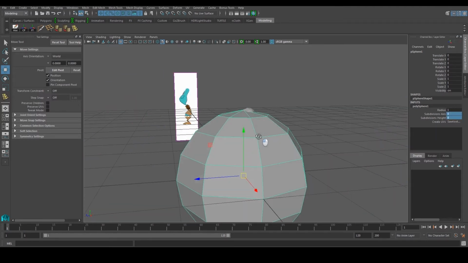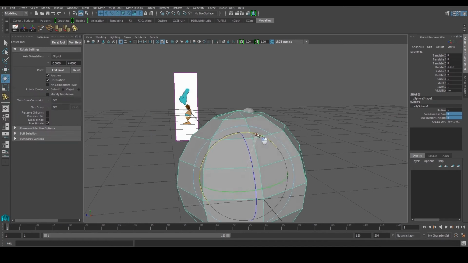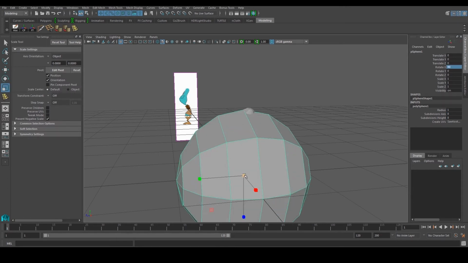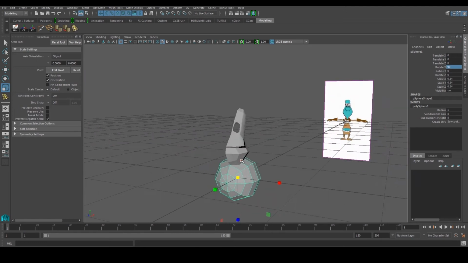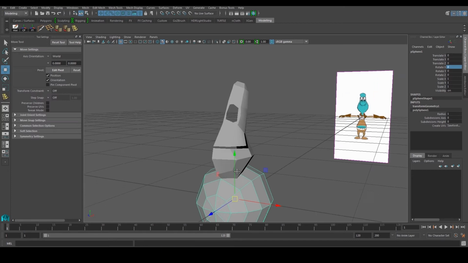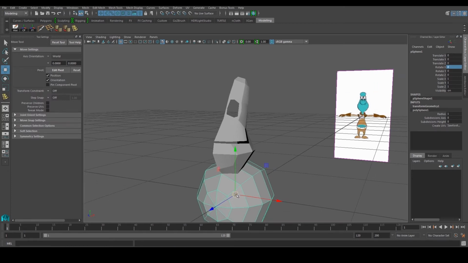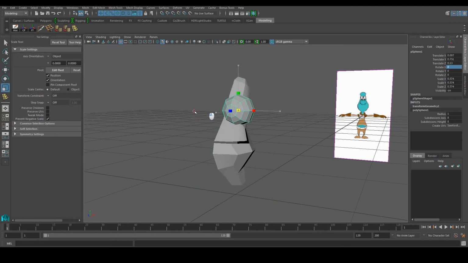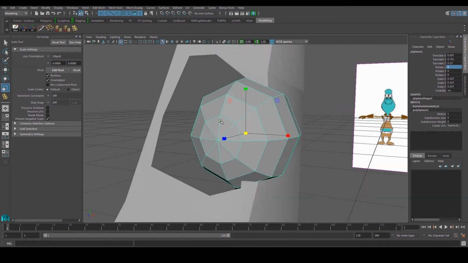Alright, and I want to rotate it this way because this is where the pupil is going to be. I'll change my rotate X to 90 so it'll be exactly straight. Press R, scale it down. If you want, you can press freeze transformation to reorient that manipulator. And to snap, you press and hold V and left click and drag to snap it to the position of where the eye is.